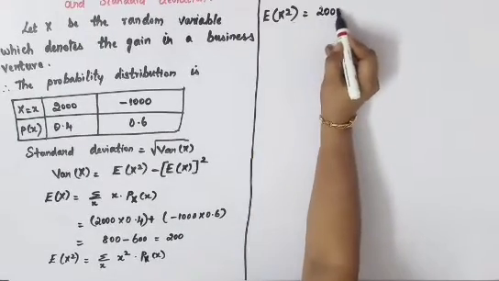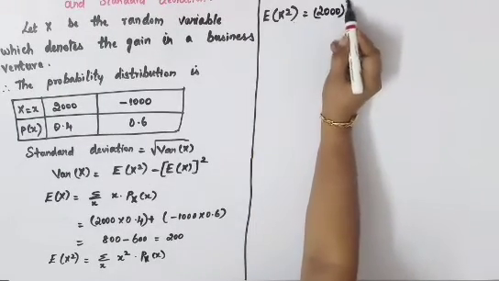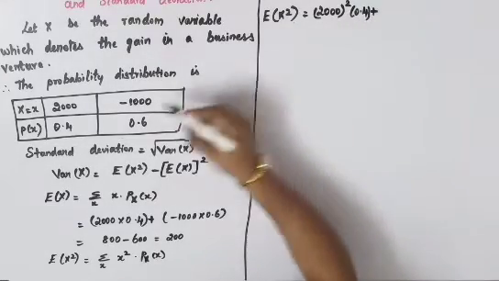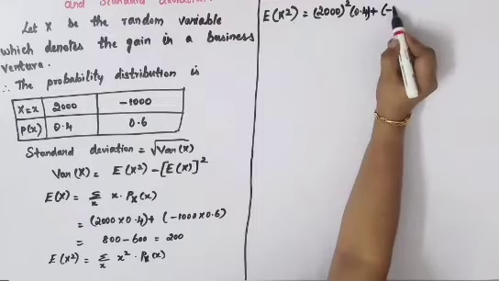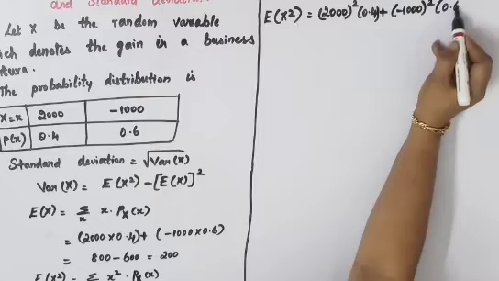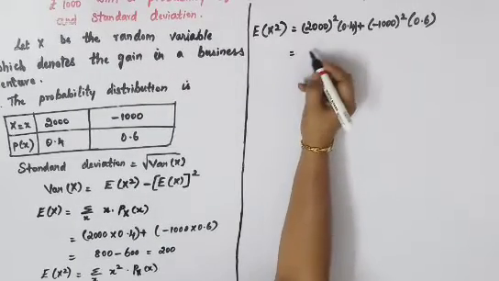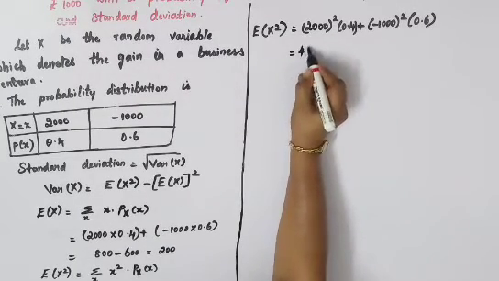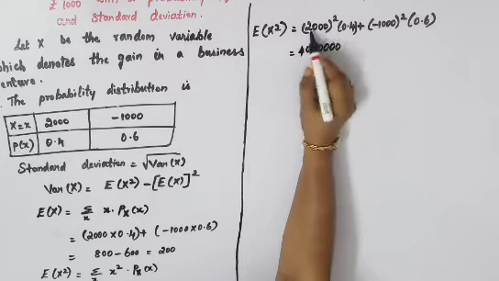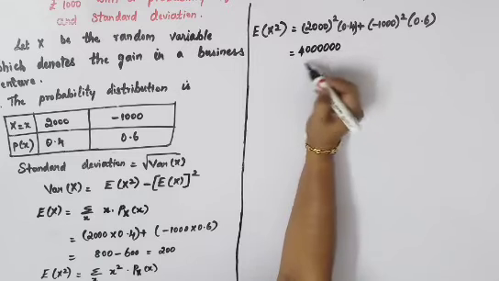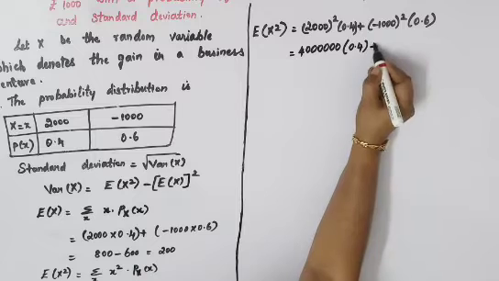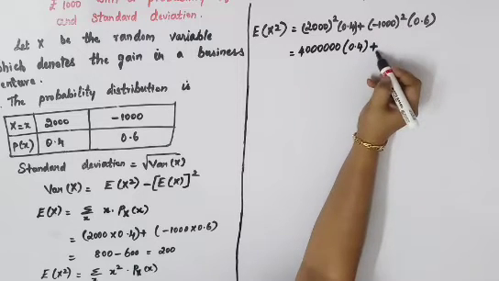That is 2000 square into 0.4 plus minus 1000 square into 0.6. So 2000 the whole square is 40 lakh, 4 with 6 zeros, because we have 3 zeros here, so squaring you get 6 zeros. So that is 40 lakh into 0.4 plus, since minus square becomes plus,